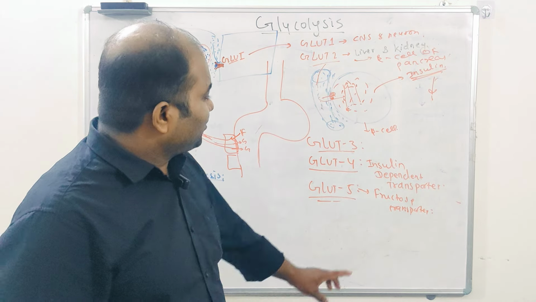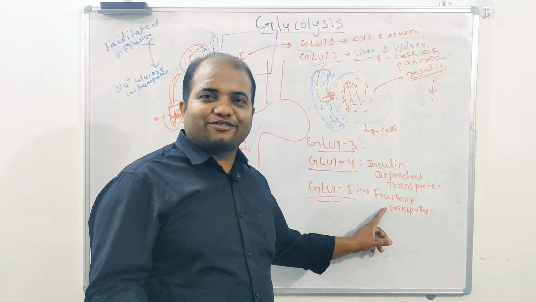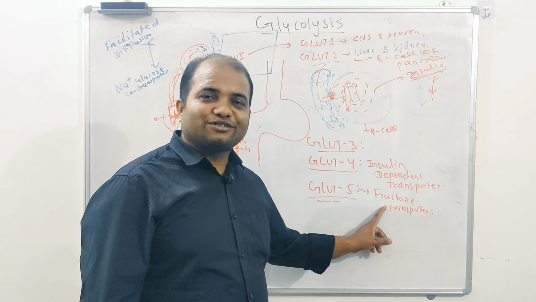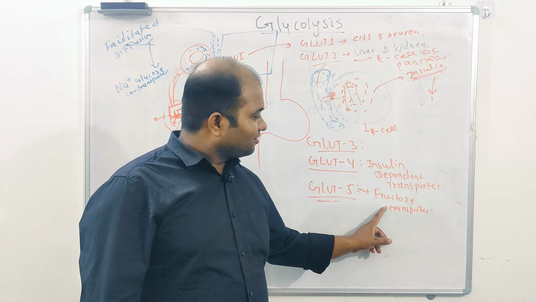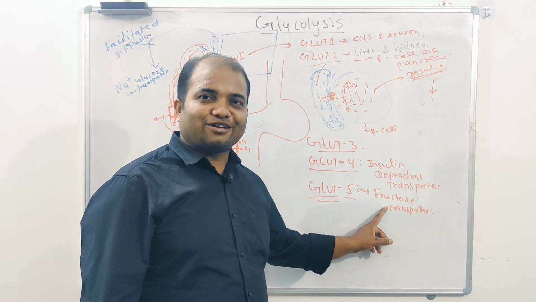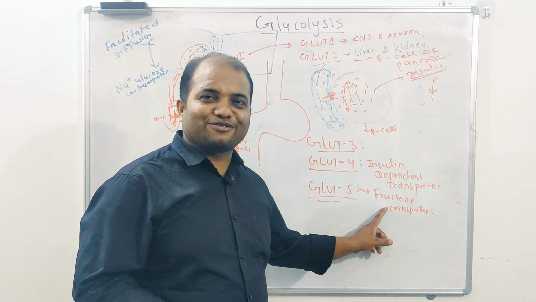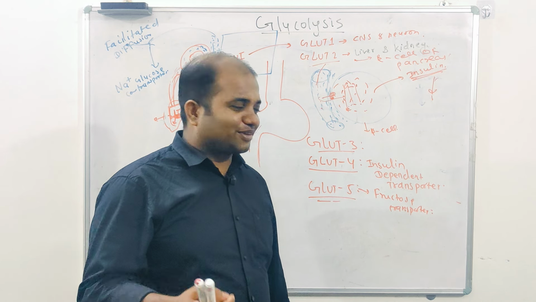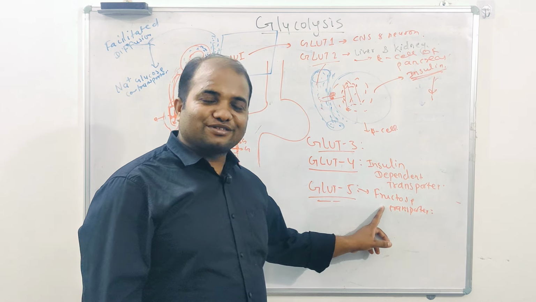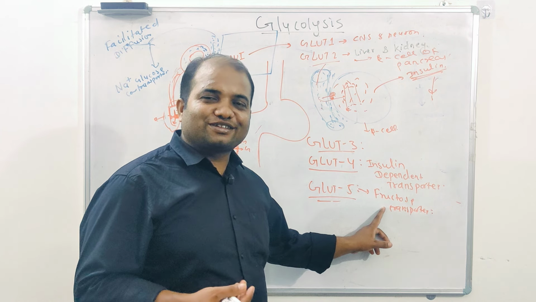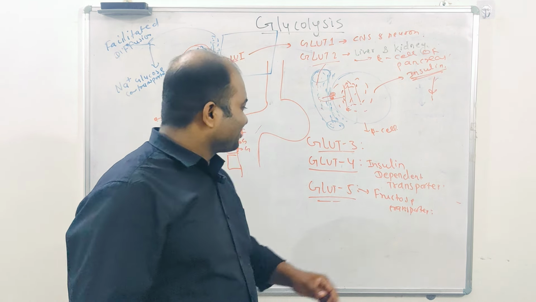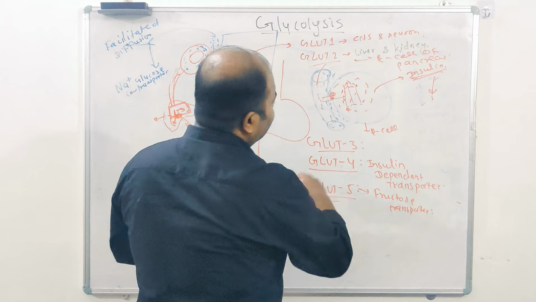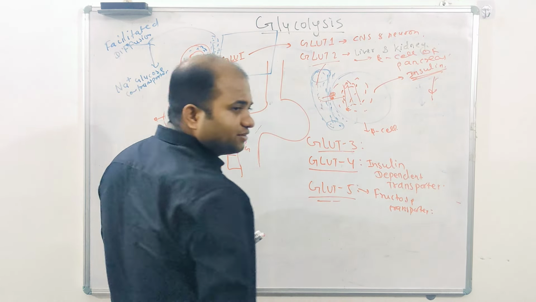You have a pair of organs, you know, the testis, right? So the testis will love to have fructose to run their metabolism. The other is sperm cells. So both testis and sperm cells utilize fructose. Now GLUT5 is the fructose transporter, and GLUT3 is just simple facilitated diffusion, right?